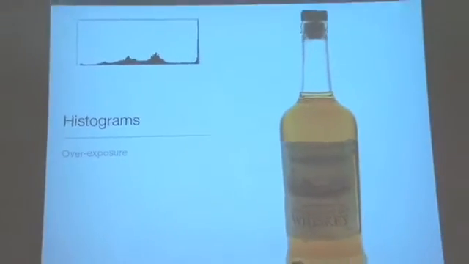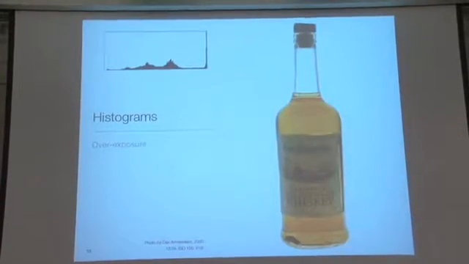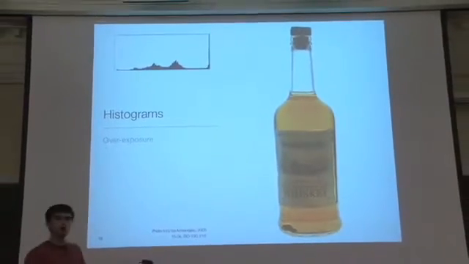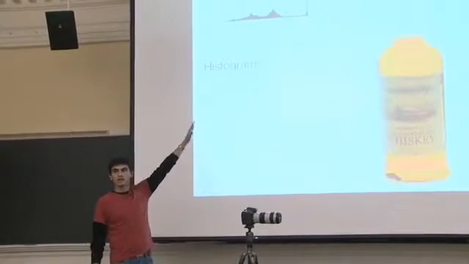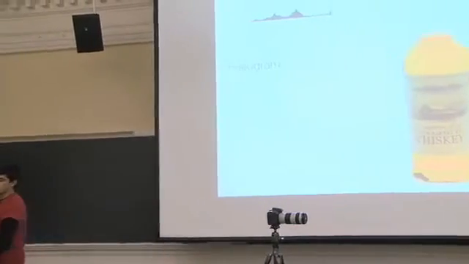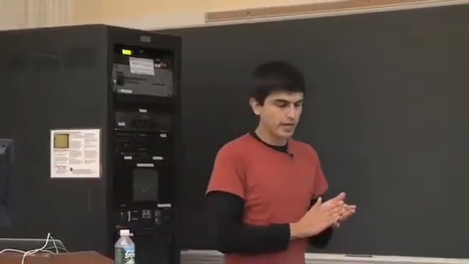So if you are intentionally trying to force an overexposure, this could be something to watch out for. But if you're just trying to regularly expose an image, then you should look for a very, very sharp spike on either end and try to adjust accordingly. Now this is the pitfalls of the histograms, but keep in mind that this is really, really useful to us. So for example, we have this